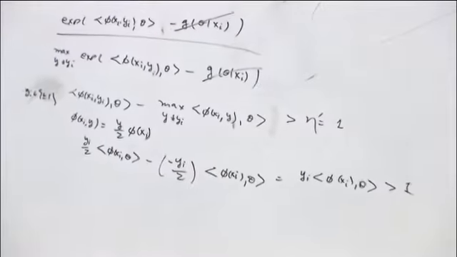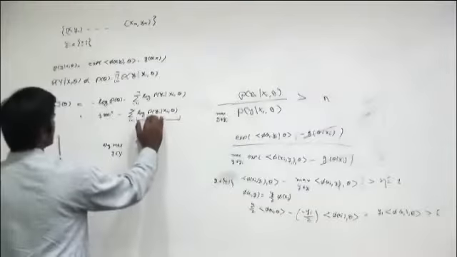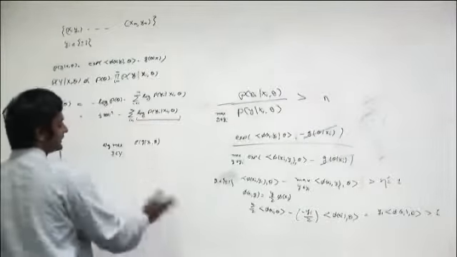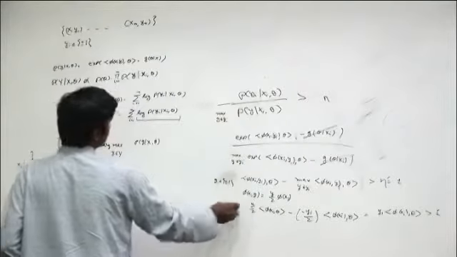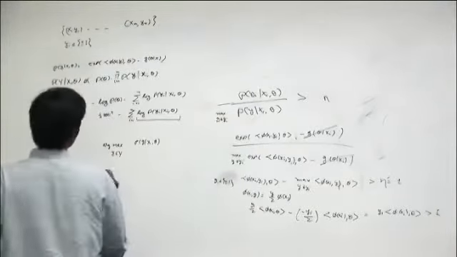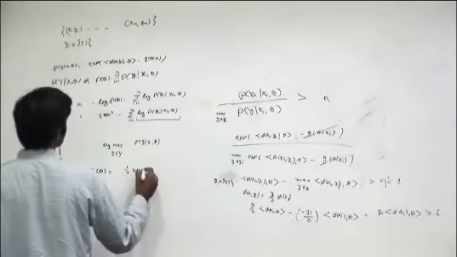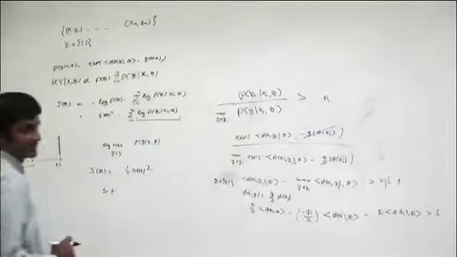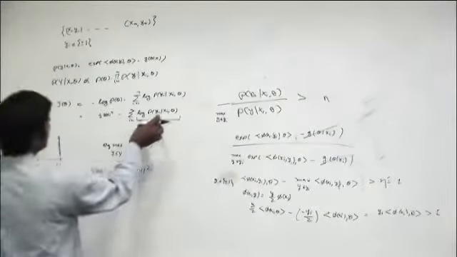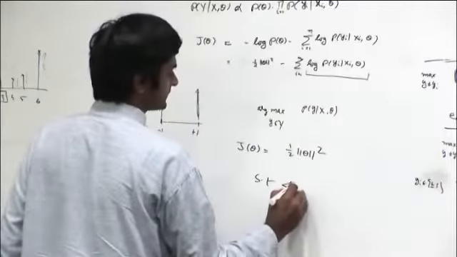Okay. So now if you take this condition and say, I am not interested in maximizing the log likelihood, but I am interested in enforcing this condition, then what happens? My objective function becomes J(theta) equals 1/2 norm theta squared, subject to the condition that this is satisfied. See, I am replacing the log likelihood by this condition.